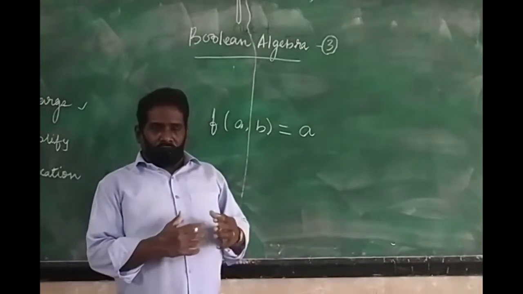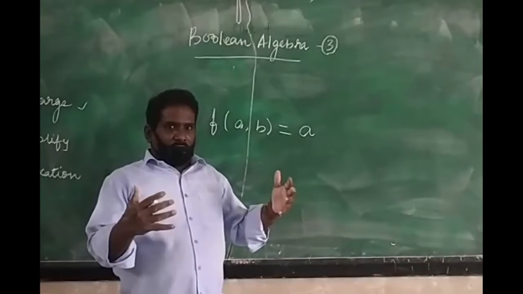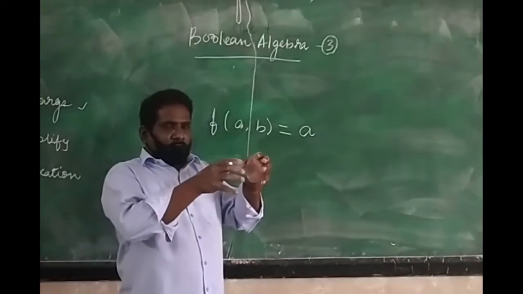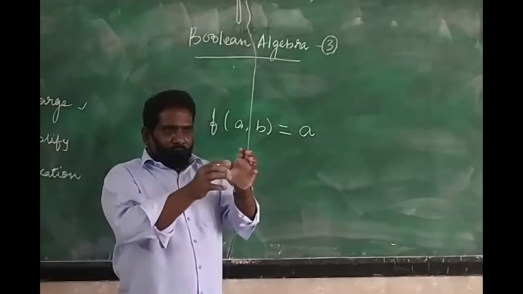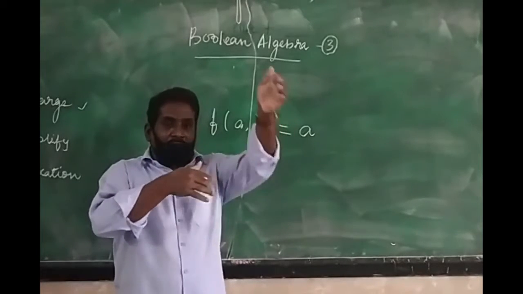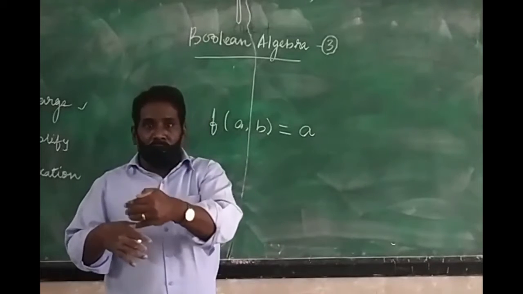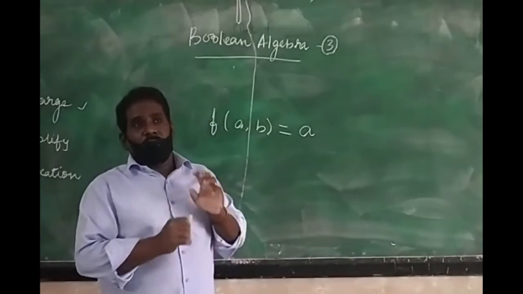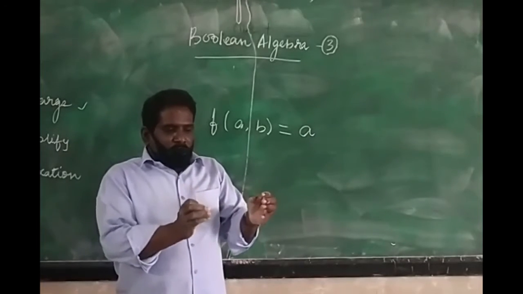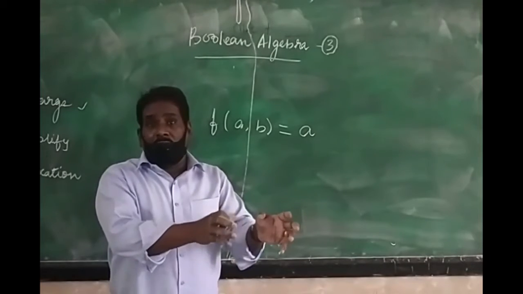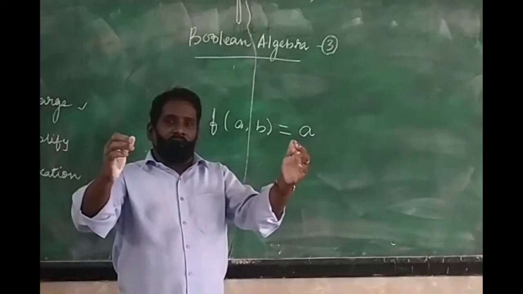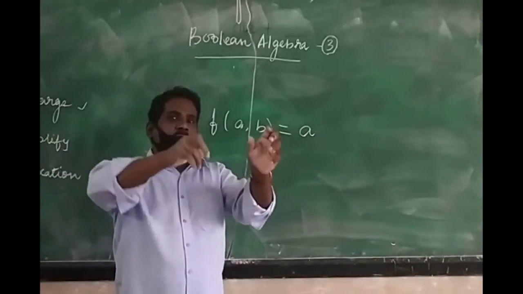The advantage of enlargement is, whenever in a Boolean operation some terms don't get simplified and it ends in a deadlock situation, at that time we can enlarge and try a different method. For that, enlargement is more helpful. When a function is in a deadlock situation, enlargement helps to come out of that situation and try other possibilities.